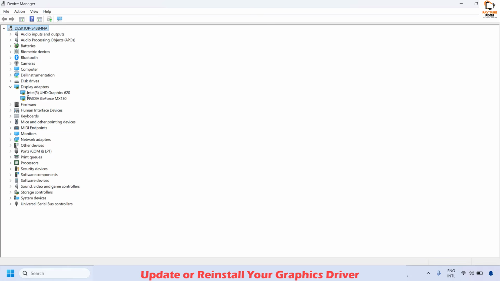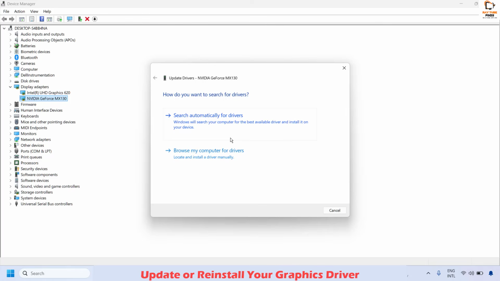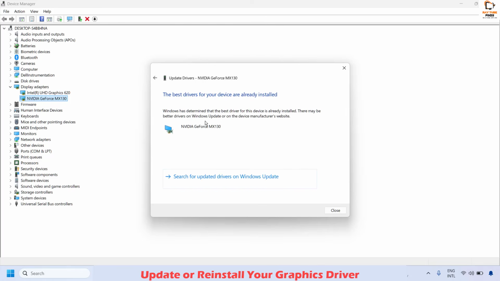Once you have expanded the display adapters, you will have to right click on your graphic card. For example, it could be NVIDIA, Intel or AMD. In my case, I have an NVIDIA graphic card, so I can do a right click and then click on update driver. In this window, you will have to go ahead and choose search automatically for the drivers